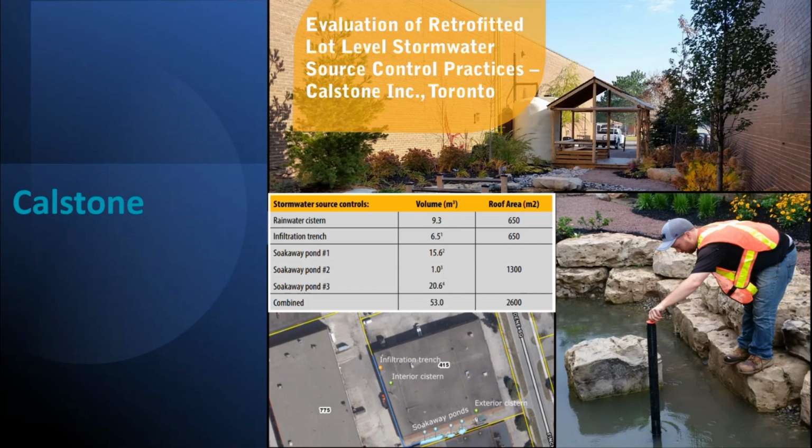Results showed that the rainwater harvesting cistern and irrigation system, along with their soak-away ponds and infiltration trenches, reduced runoff volume from the roof drainage areas by 64% and 89% respectively over the summer to fall 2015 evaluation period. Based on these findings, several recommendations for future designs and further research were provided, including in cold climates like Ontario,